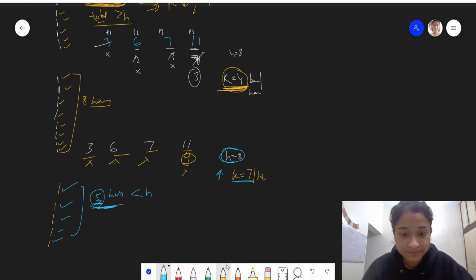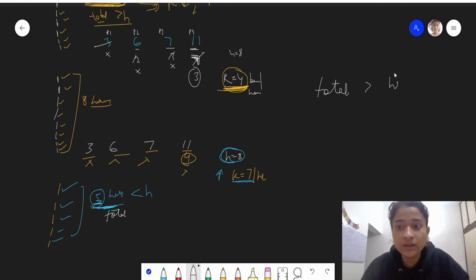So if you see, when this is your total, the time, is greater than h, meaning the number of hours you need to take, like it was in the case of 3, when we take k as 3, the total was coming out to be 10, then it means that you need to increase your k value,